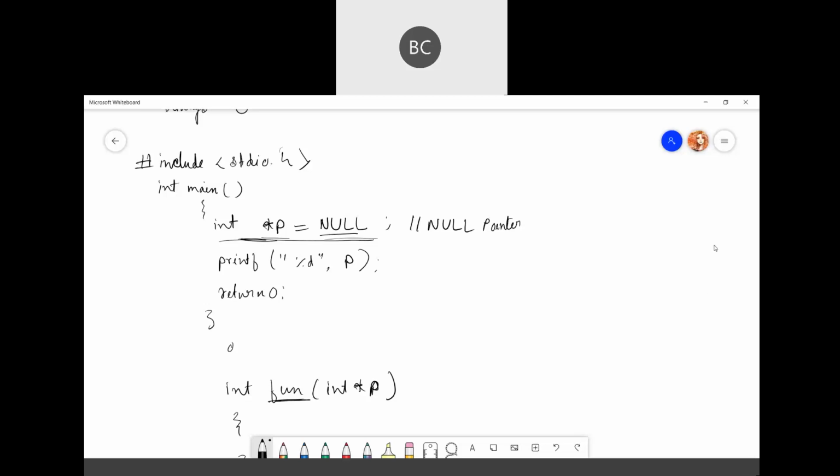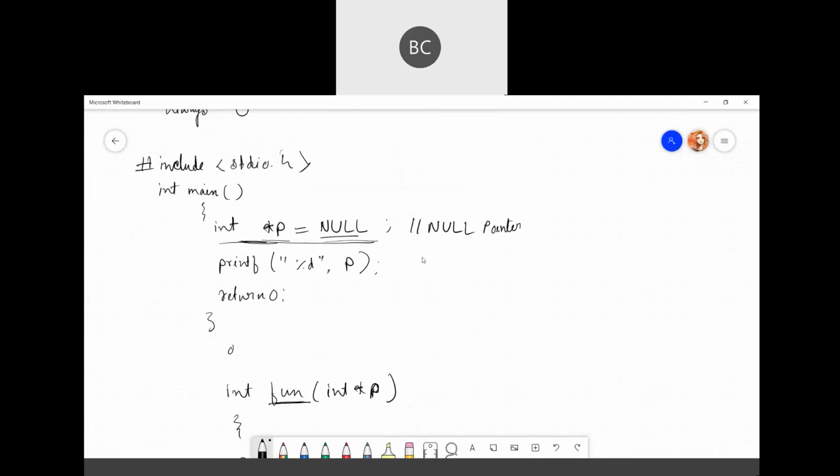A null pointer does not hold any address. The value is just 0. It points to nothing, and it is assigned a null value. We mainly use a null pointer if we do not have an address to assign to a pointer. Then you can simply use the term NULL.